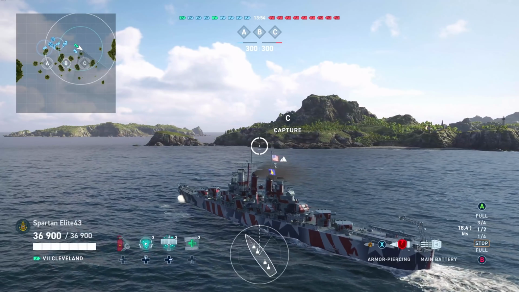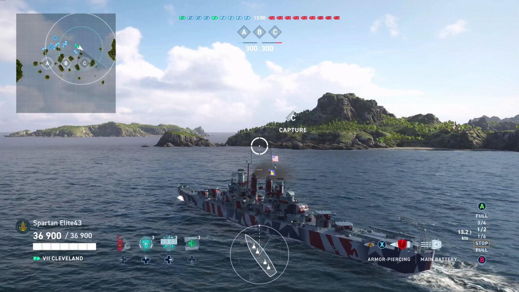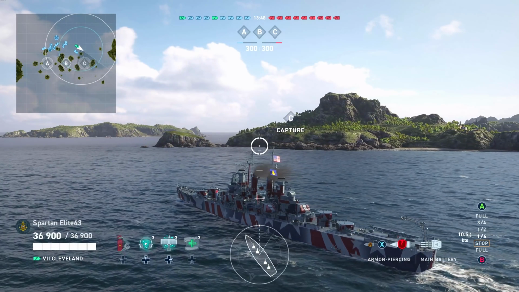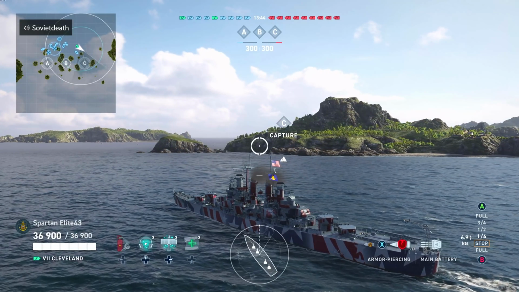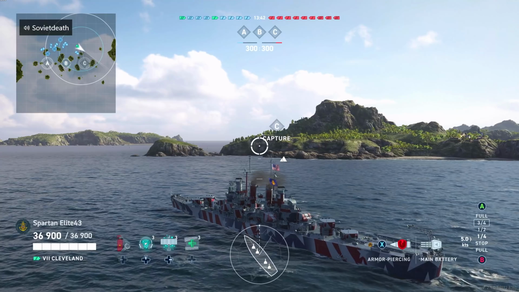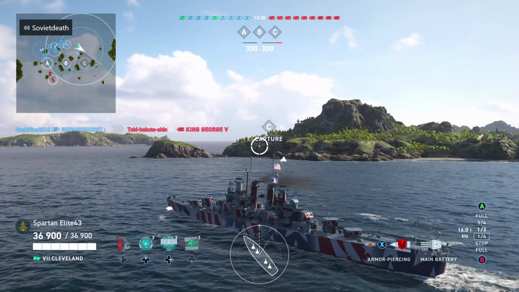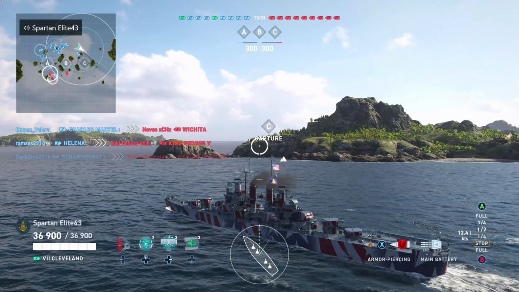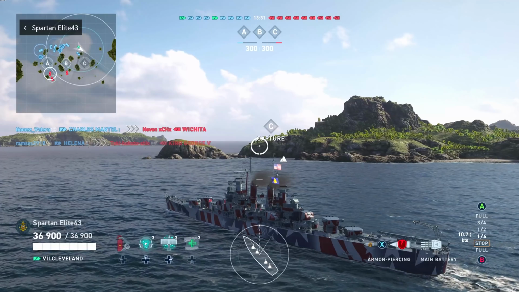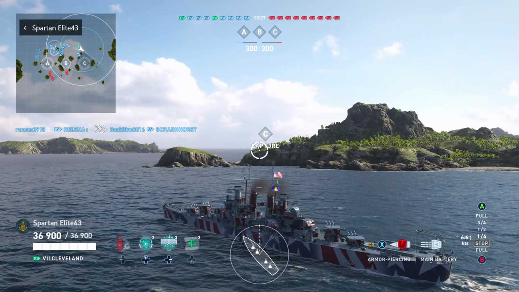And at any sort of range beyond 10 kilometers, you really don't want to take any rounds because each one of those has a chance of being plunging fire through your Citadel. So you definitely don't want that to happen. But that's why you're going to have to utilize island hopping strategies. You're going to have to go from island to island, using cover and using a teammate as bait if you've got the opportunity. Which is why I'm teamed up with Soviet Death here,